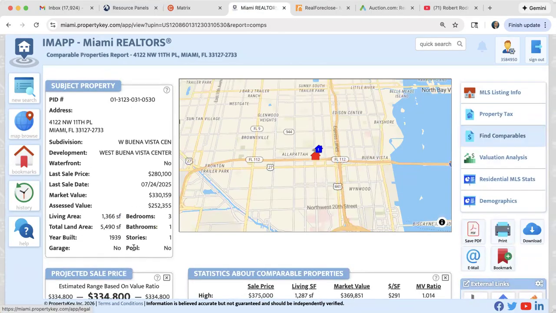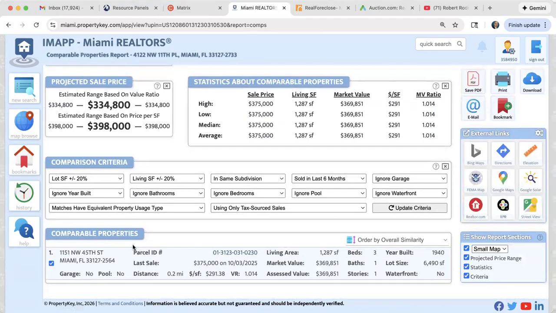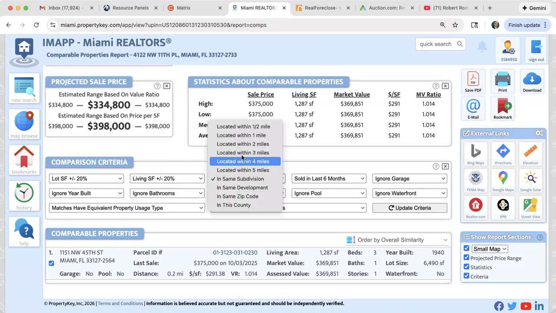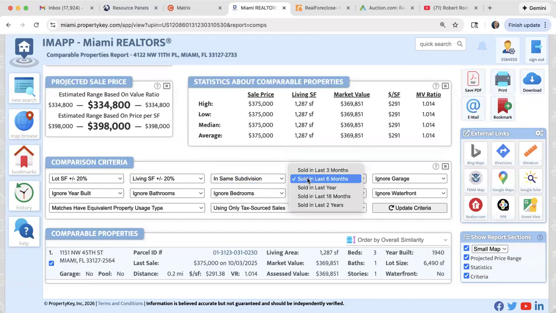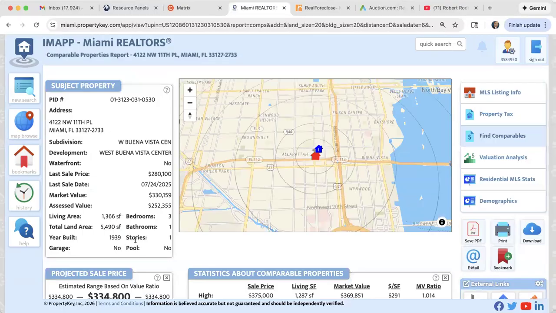Let's see if there's any comps in the area. You always want to make sure that you are running your comps based on this criteria: a lot size of 20%, a living area of 20%. You want to start in the same subdivision, and then if you don't find enough comps, go ahead and switch off to half mile. So in the same subdivision, sold within the last 6 months, you click on update criteria, and we actually found